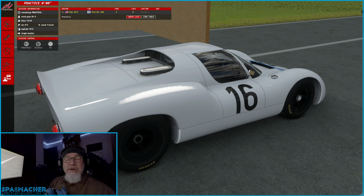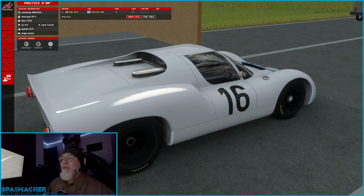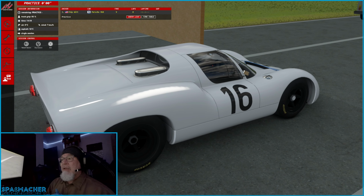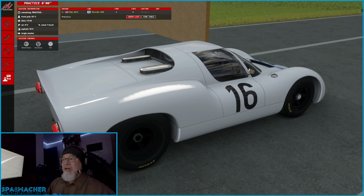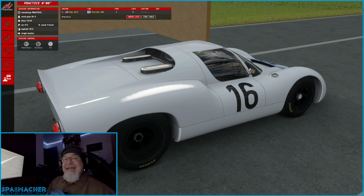Hey there, we're back in Assetto Corsa, and tonight we're actually driving a new car that was included in the World Sportscar Legends pack that just updated a lot of great cars that we've driven, like the Porsche 904, 906, 908. This is the 910-6, and